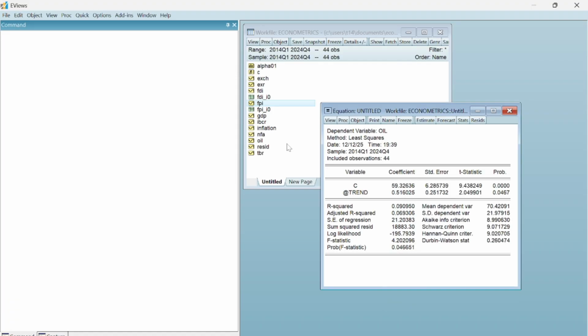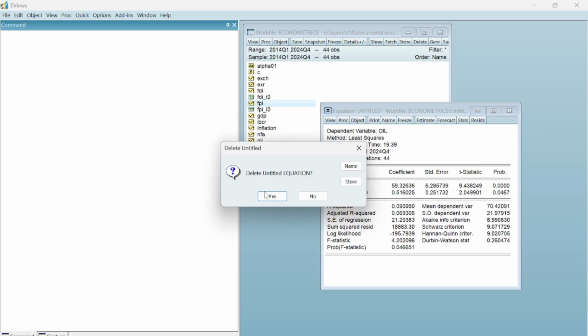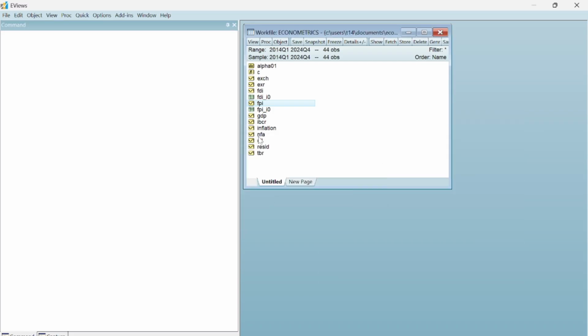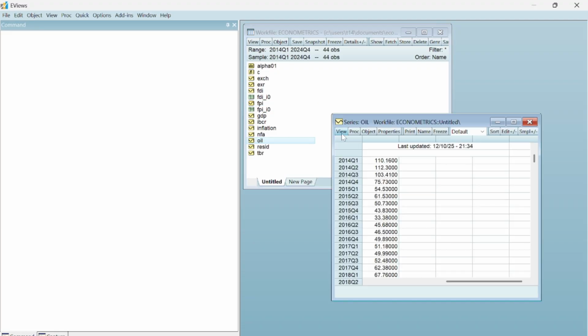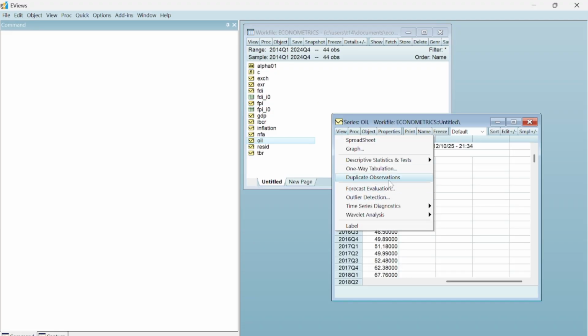Okay, we can see with this, based on oil, that it has a trend and also has an intercept. So with this too, you can have a grasp of what your result is going to tell you. Okay, let's just leave this. This is just the beginning. So we can go to oil, click view,